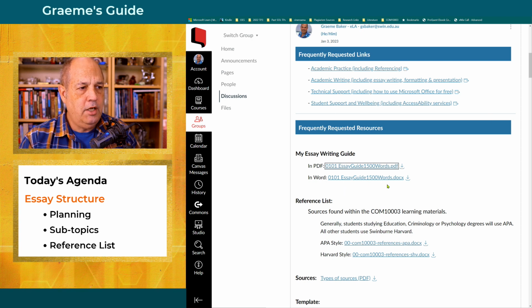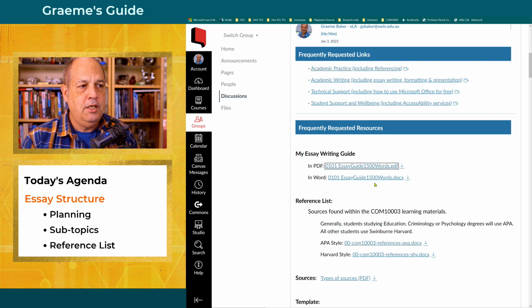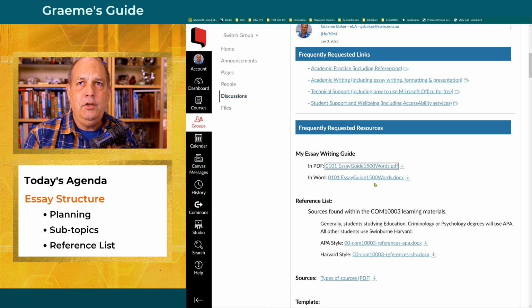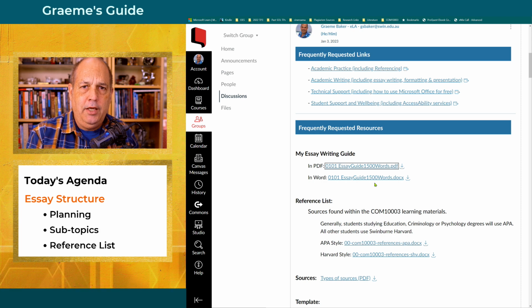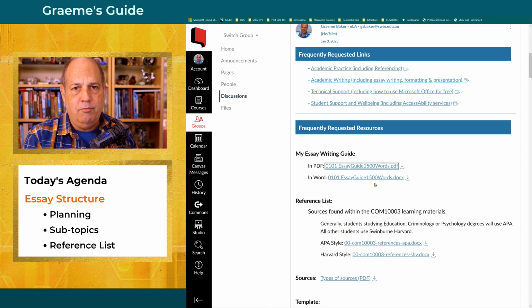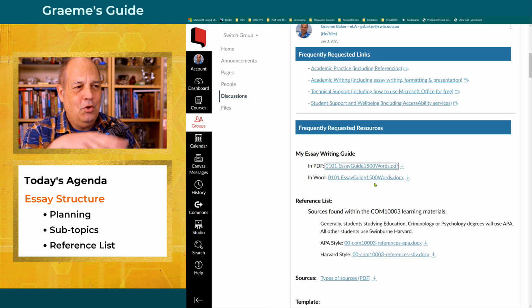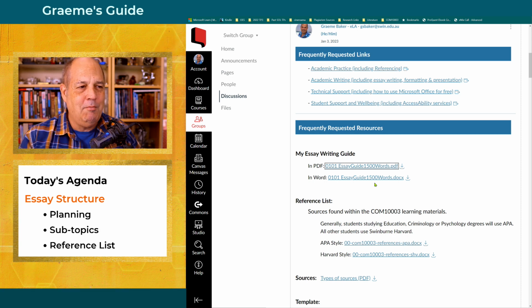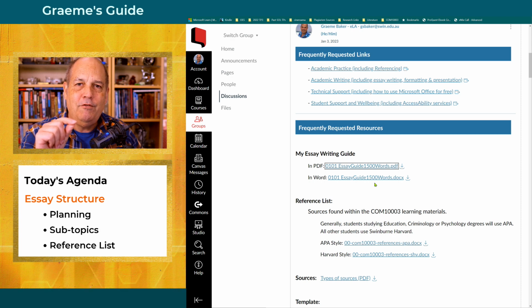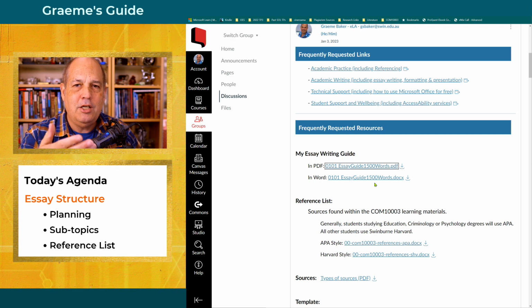I've also provided it in a Word document as well, because in that essay guide, there's an essay planner. It's for an essay of 3 subtopics, but you need to massage that. You can use that from now for the rest of your days at university. You just need to massage all those different word lengths. So you might come up with a 5,000 word essay in second or third year. Well, you can use the same essay guide. You just massage those paragraph sizes and introduction sizes.